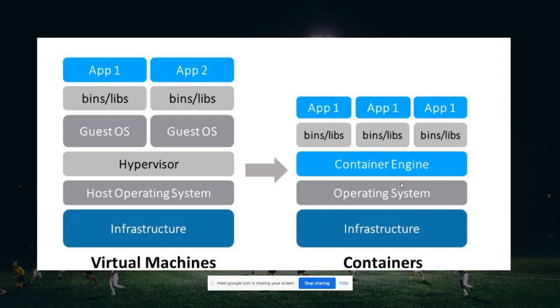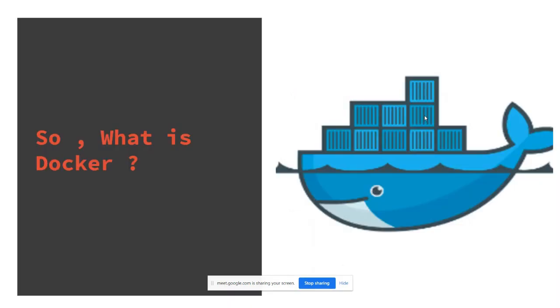Okay, when you want to deploy an application, you just need to have a Dockerized application. You just need to have this Docker engine present on your machine. Then what this Docker engine will do, here you can see we don't need to have a different OS. Suppose you take any OS, it will load automatically in your containers with those packages. Okay, so let's move on. So let's see what this Docker is.